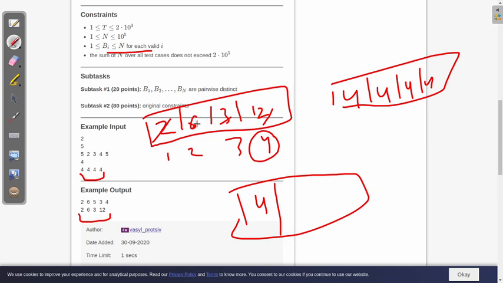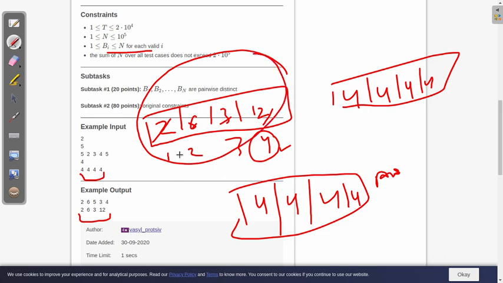And for 6, 6 is not divisible by 2, 6 is divisible by itself, 6 is not divisible by 3, and it is divisible by 12, and the index there is 4. We can do the same thing with the rest of the input. So this is eventually our answer, but we need to figure out this input somehow. Hope you understand the problem and you will definitely try to code it yourself. Thank you so much.